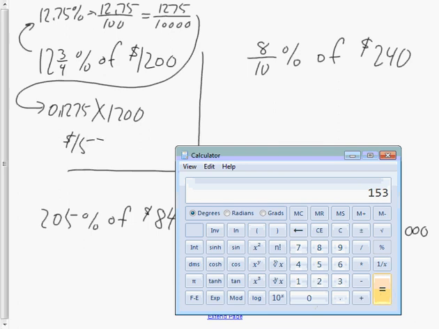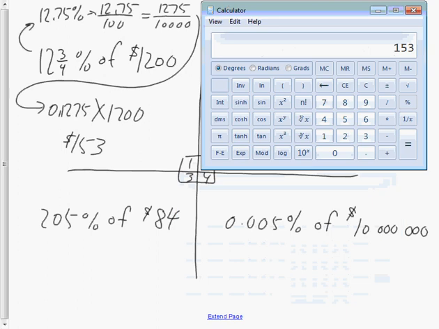Now, I don't want to tell this to everybody because if I do, you're going to use it all the time and never think again. But if I thought about this question in a calculator and I put 12.75 and I press this percent button right here, that percent button, if I pressed it,